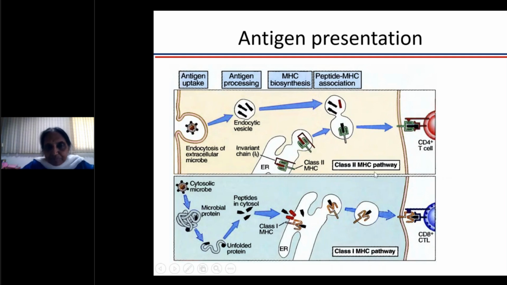But both of them develop because this endocytic vesicle can rupture and cause the antigen to come into the cytosol and behave like an endogenous antigen. Similarly, the MHC class 1 molecule can recycle and come into the endosome and can be bound by the peptides which are coming from the extracellular space. So both can happen, but that happens at a lower frequency than what is happening here.